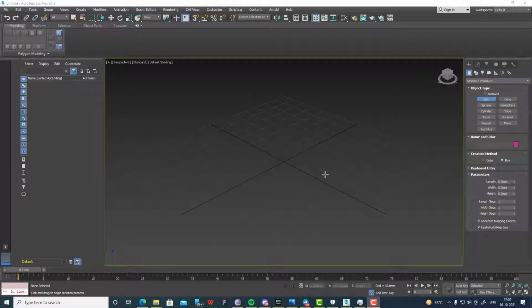Hello there, I'm here with a new problem that beginners might have faced a lot. So if you are new in 3ds Max and trying to learn this software since a few days, you may have encountered this problem. So sometimes we create an object